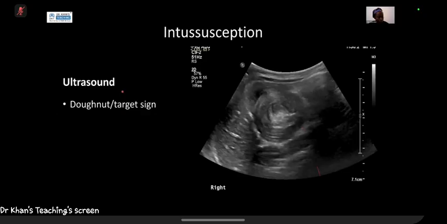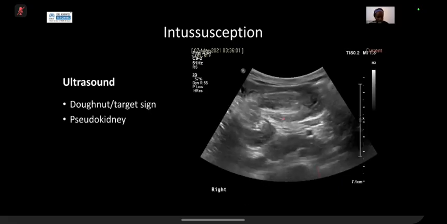So the donut sign is because you get concentric alternating bowel wall layers. So you get the mucosa and the muscularis, which are echogenic, and then you get hypoechoic bands, which are the submucosa. And that's what you see here. So you get alternating bands. You can see hyperechoic, hypoechoic, hyperechoic, hypoechoic, and then centrally in the middle, you get that mesentery that's been pulled in. And then with your pseudo kidney sign, you get a